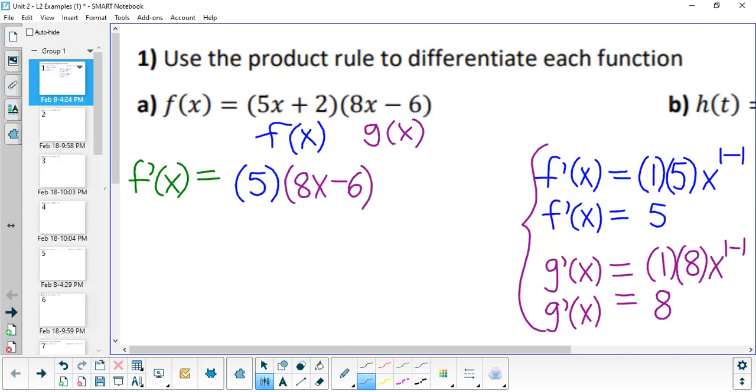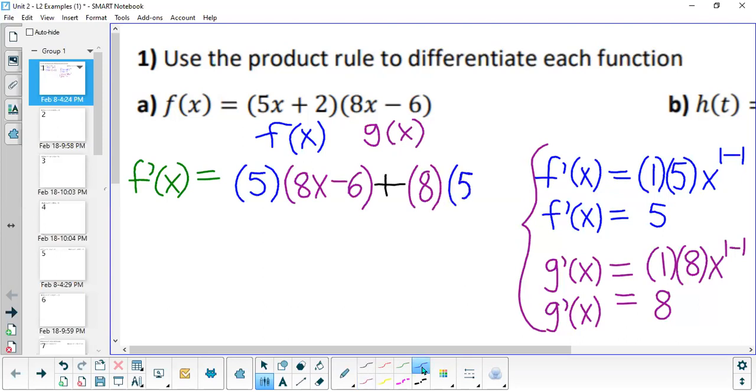Now remember, unlike quotient rule, product rule is not a difference. Product rule is a sum. So I'm going to put the addition sign here in different colors. Now I'm going to take the derivative of the second function, which is 8, and multiply it by the original